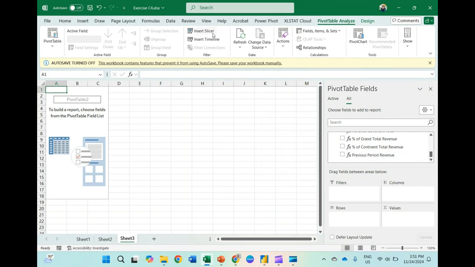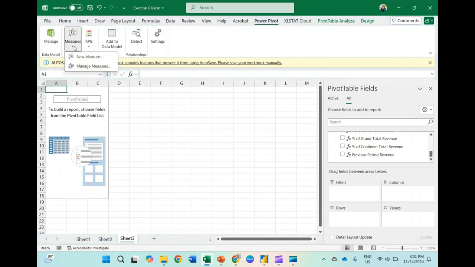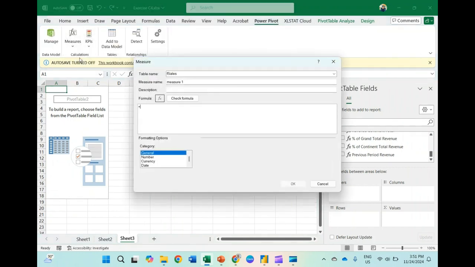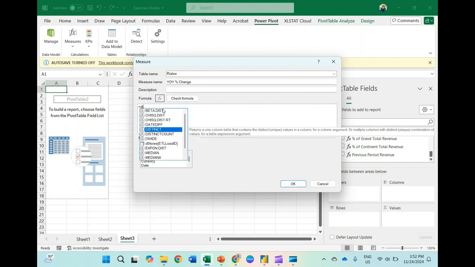One more before we create a pivot table. Power Pivot, Measures, New Measure. I want to add a percentage: Year over Year Percentage Change. Equals to DIVIDE, because it's a percentage.